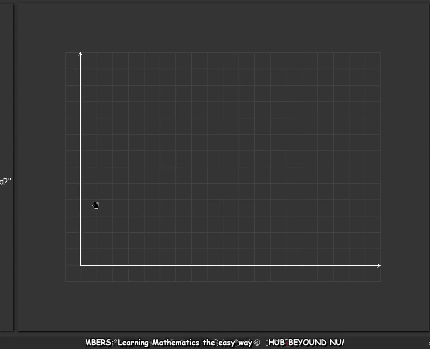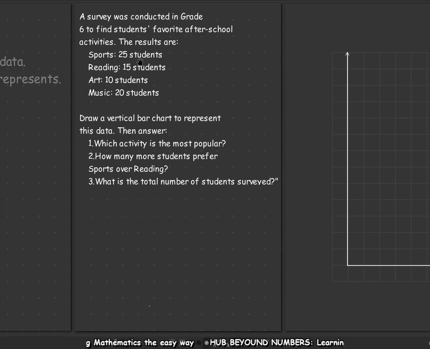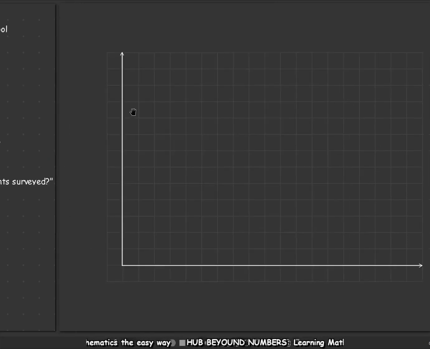Now with this done, I would have to choose a suitable scale that will fit my work. You see, the scale should be such that it would cover even the maximum number, the highest number. If we look at the data we have over here, the highest is 25. So I shouldn't give a scale that would let the 25 exceed here. But 25 should be within our range. You see, now since I want my work to cover the whole thing nicely,